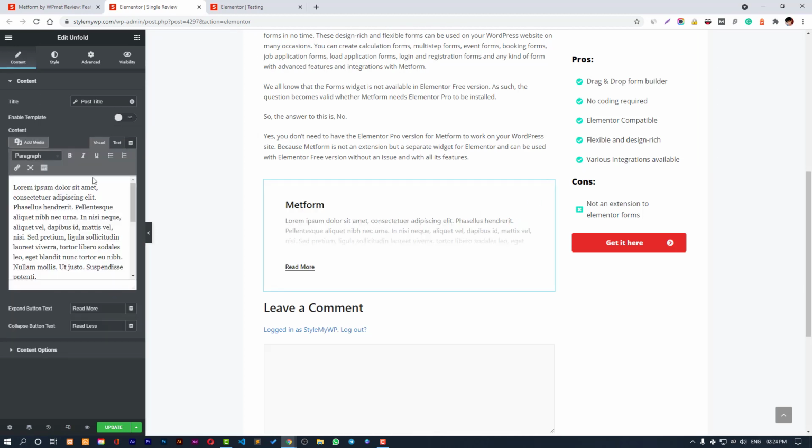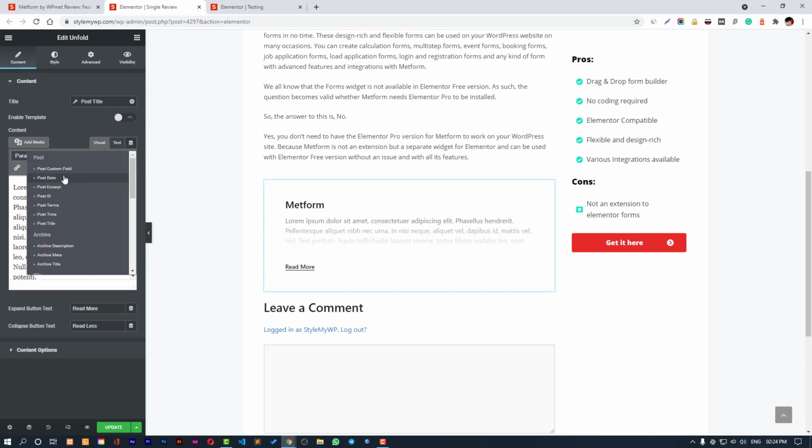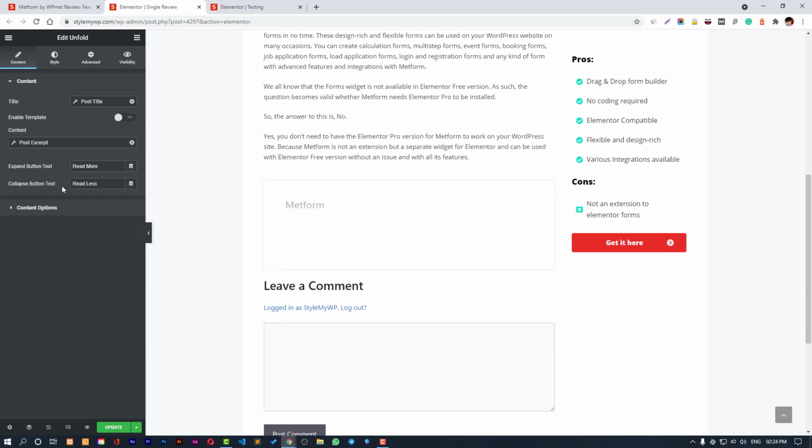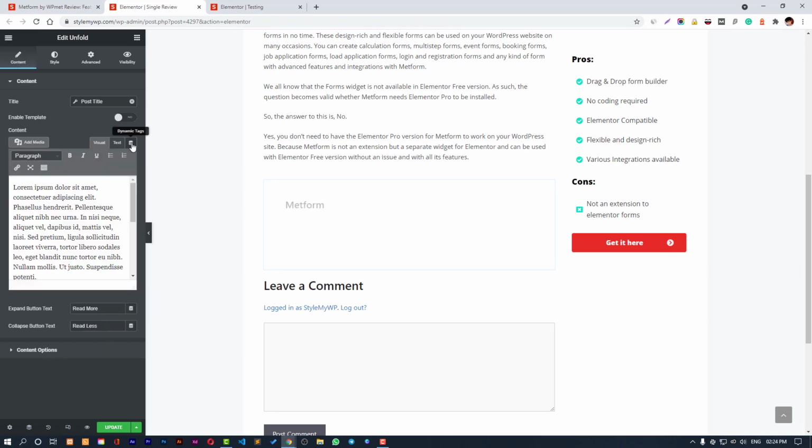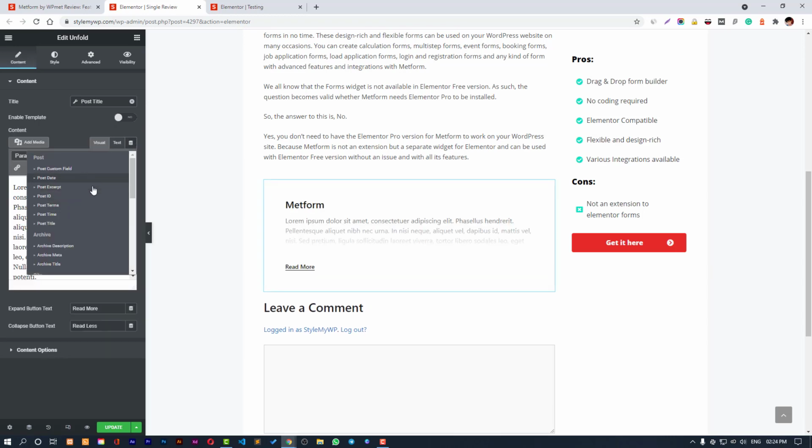But you are not restricted to this, you can use post excerpt, yeah, and you can also use post terms. You have a lot of possibilities to retrieve the values. You can also retrieve value from ACF. Perfect.